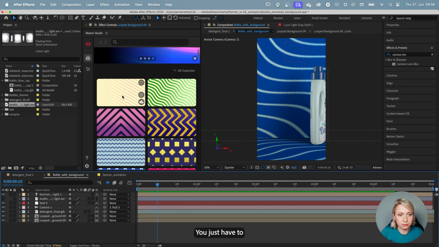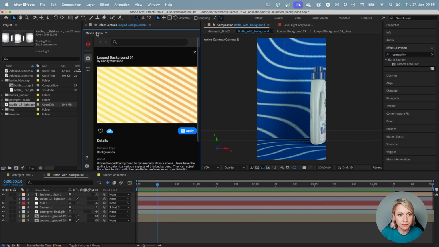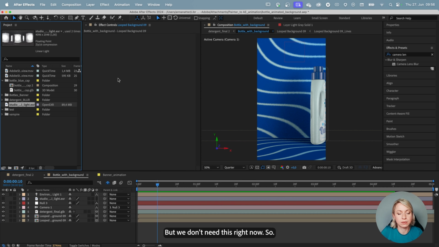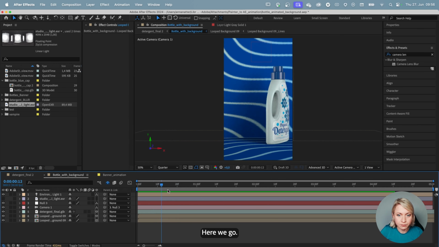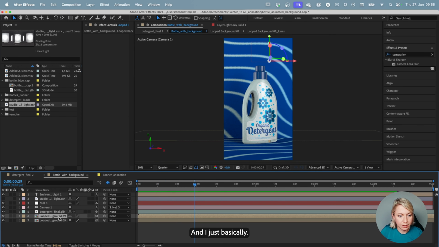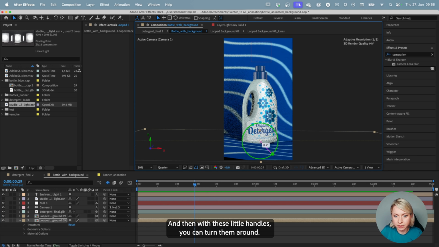You just have to click on apply and it's going to load into your composition, but we don't need this right now. So here we go. And I just dropped them in my scene and turned on the 3D layer, and then with the little handles you can turn them around.